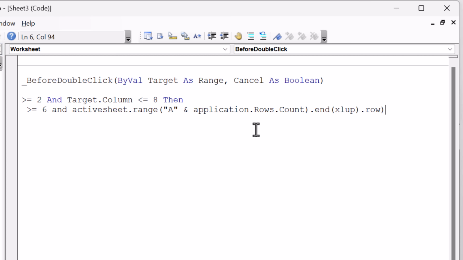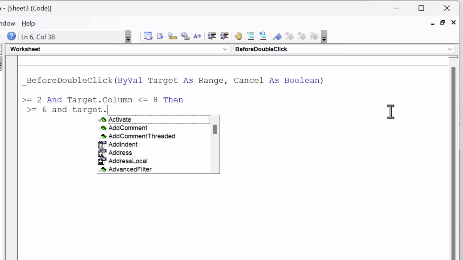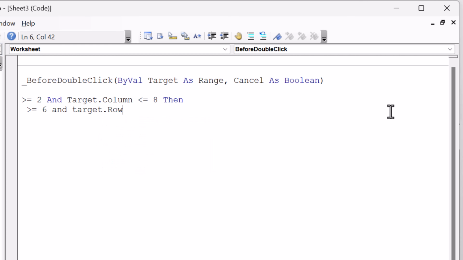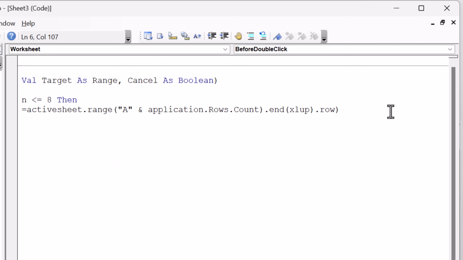So that will be our last row. So we have this last row, we can put here Target.Row should be less than or equal to this last row. Okay, then